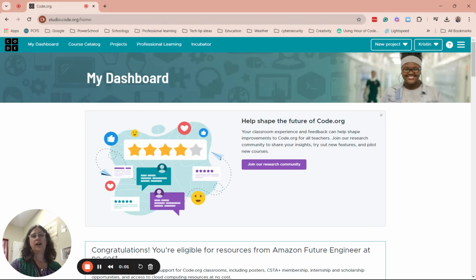Today I'm going to show you how to use Code.org's App Lab to make a small little app, and this app is simply going to tell us whether two numbers are greater than or less than each other. However, this demo should give you enough skills to get started on an app yourself that does something completely different. So first thing we do is go to Code.org, and we're going to go to New Project